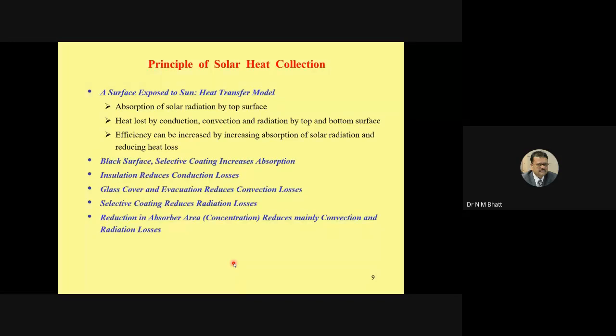From the fact of absorptivity that we learn in basic heat transfer. Remember, the design of a solar thermal system requires great knowledge of heat transfer. Without using the fundamentals of heat transfer, one cannot design or understand any solar thermal system. A solar thermal system is nothing but the heat transfer analysis of a particular system. And what is heat transfer?